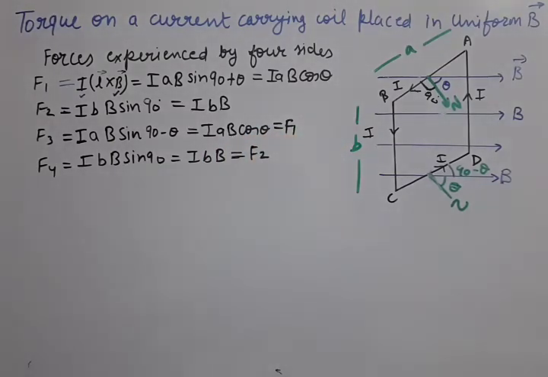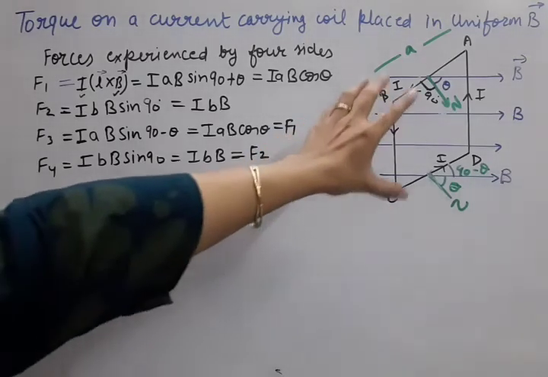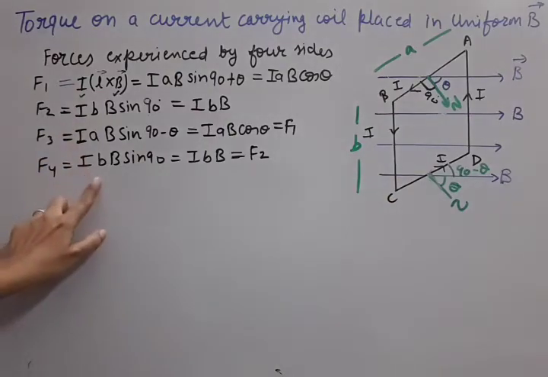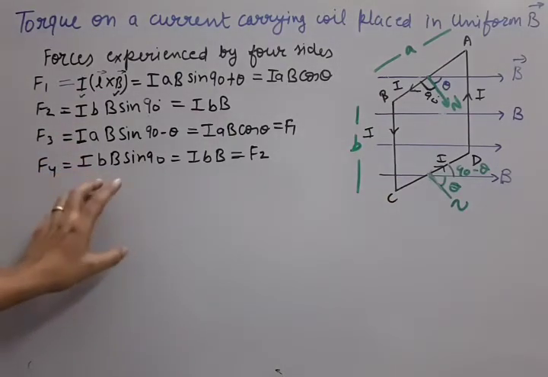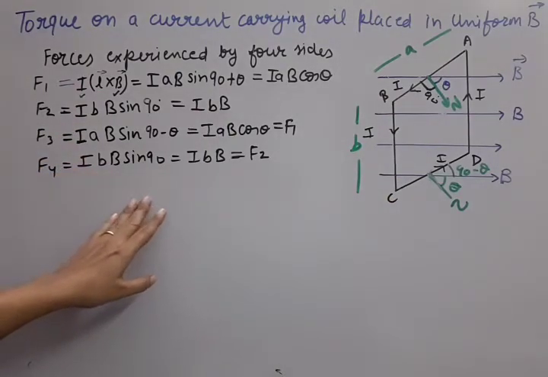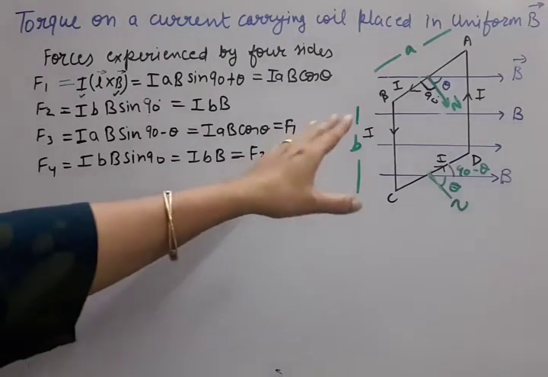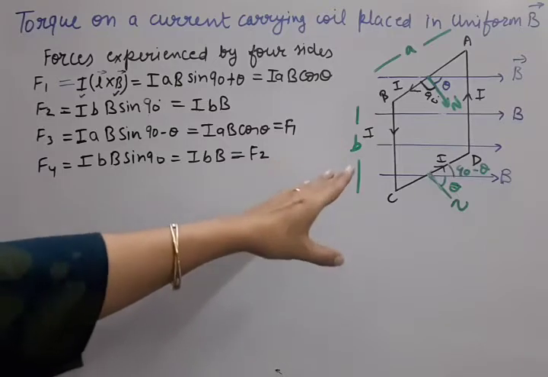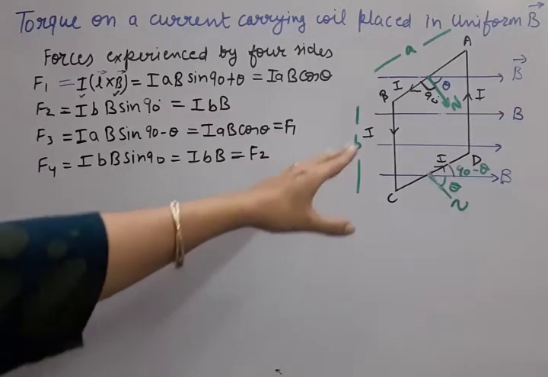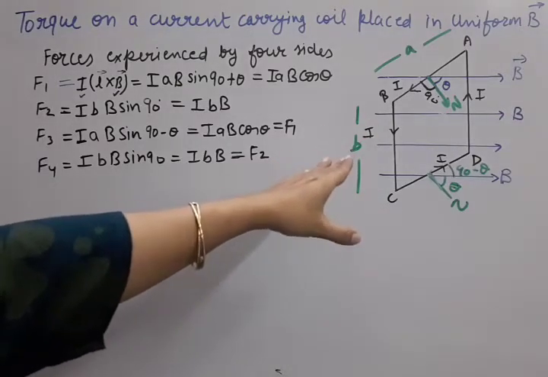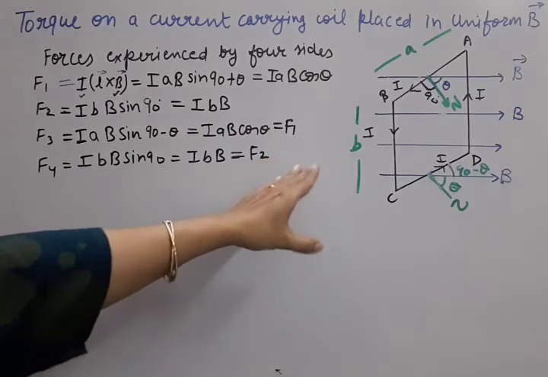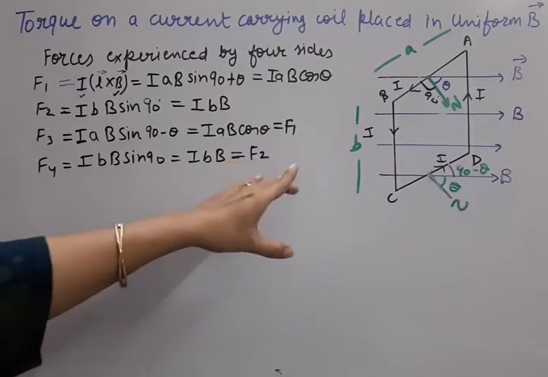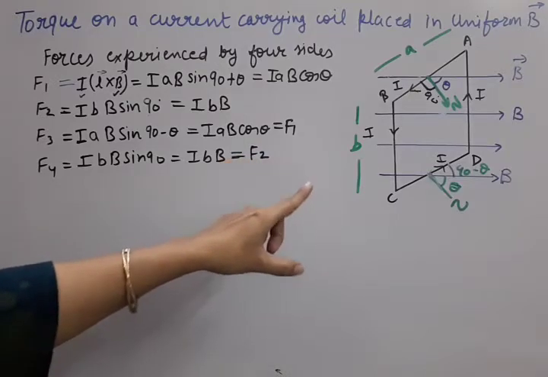Now the direction part. On this coil there are actually four forces working. Now should we add them or subtract them to get the net force? Because on this coil a number of forces are working, we are interested only in finding the effect of this magnetic field B on this coil. So what to do with these four forces? First of all we need to find the directions. Directions will be calculated by Fleming's left hand rule.